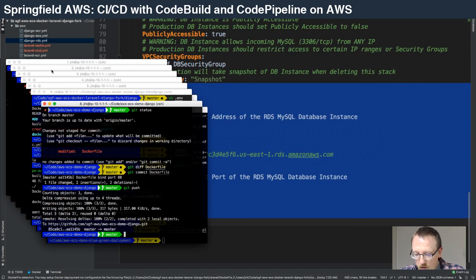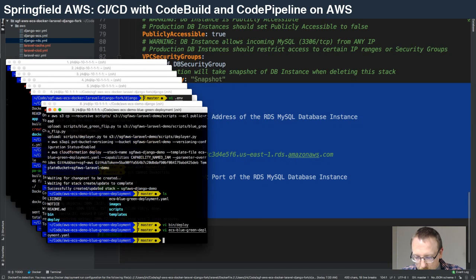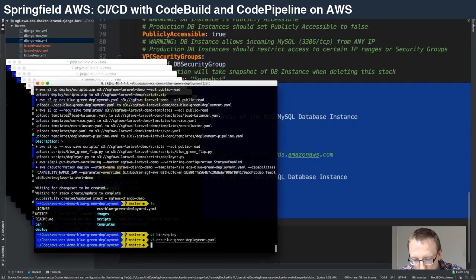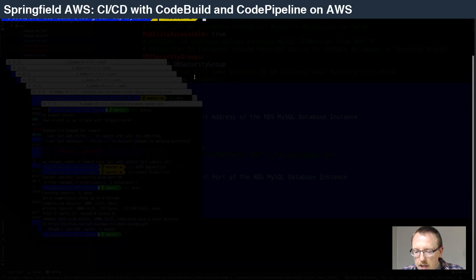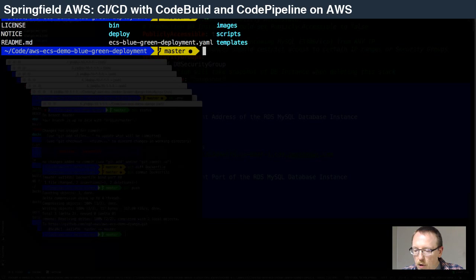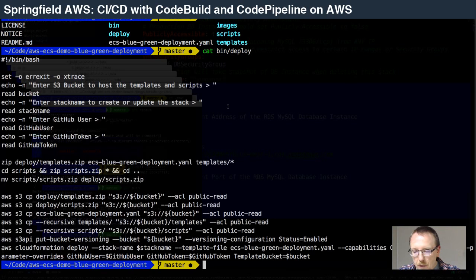I've downloaded this green-blue code directly to my laptop here, and so I'm going to zoom in for you. And this is a little bit more complex, but because this script is a little bit more complex, they do have a script that you run that asks for some parameters and delivers some things to S3 and then kicks off